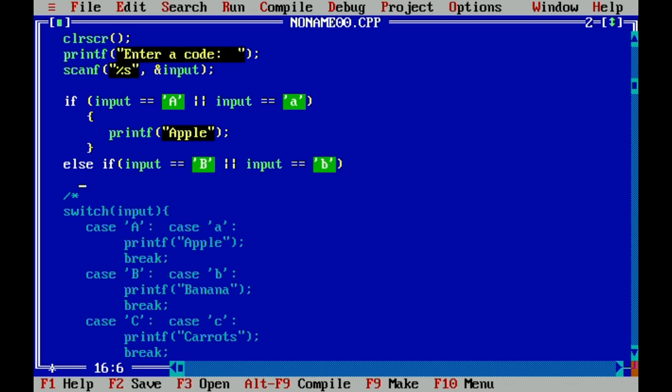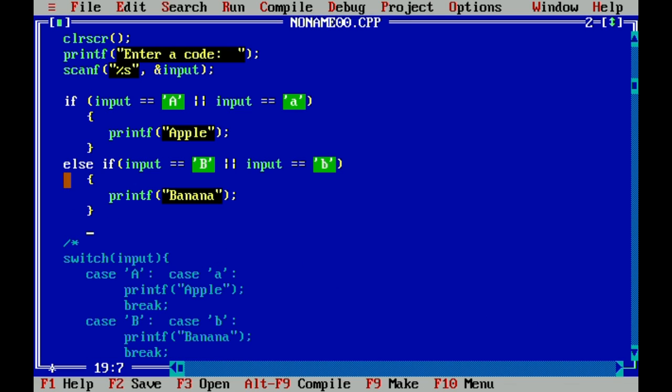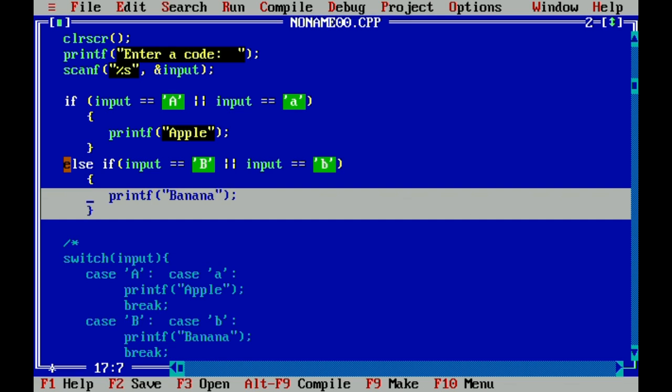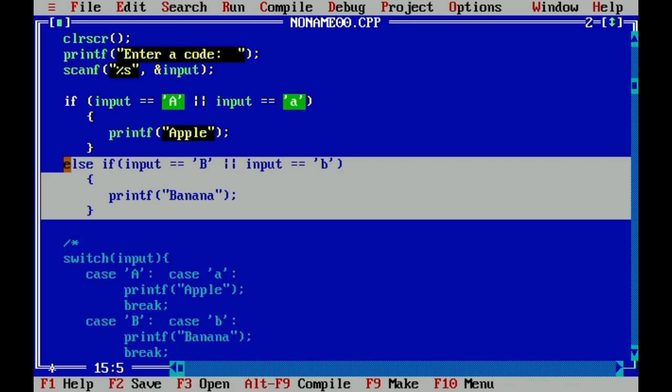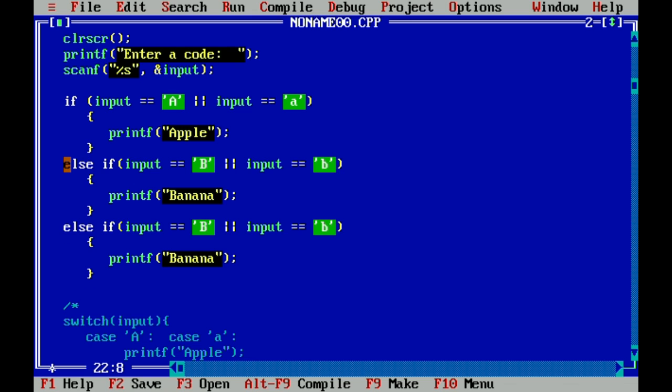So you will have to print banana, and you do the same for the last case, which is for the carrots.